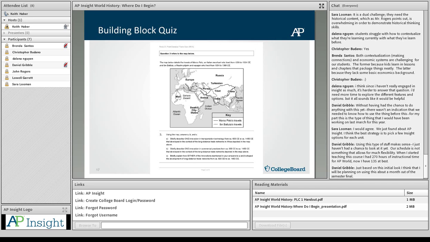Obviously, we're hoping this can be used and it needs to be used as we go through the process, but we also realize we have to start with baby steps and use it as it makes sense for each individual teacher and each individual class. So, very quickly, let's take a look at this question here, the building block quiz question,